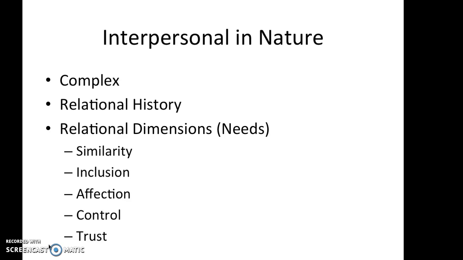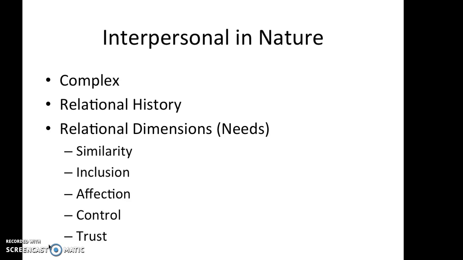And so you're then able to alter your next response to maybe better connect with that person because you've observed something about the conversation. So as in all relationships that we have, the relational history teaches us things about that relationship. It also focuses on the relational dimensions or needs that we have from our relationships. And this is based on Schutz's interpersonal needs theory, which basically says that all of our relationships are multidimensional, and there are 5 needs that we have in these relationships, and interviewing is no different.